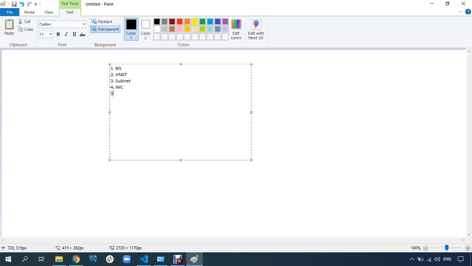On the NIC card, if you want to assign a public IP, then there should be a public or private IP. Apart from this, you need an NSG. You need a disk, maybe an OS disk, or if you want to attach an extra disk, then you need a data disk as well. Then you have to specify the user ID and password, the user credentials.